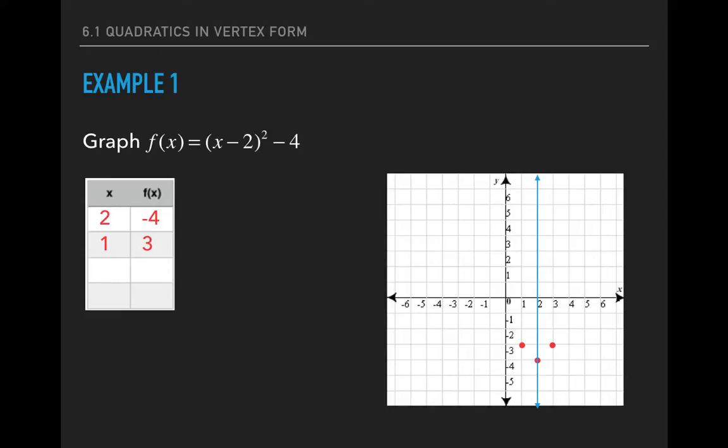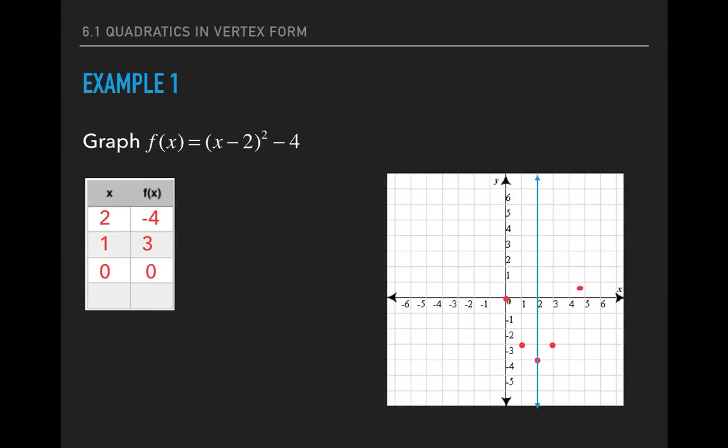All right, my next point I'm going to pick is again on the left side of my axis of symmetry. I'm going to let it be 0. There's no right or wrong values of x to pick here. I'm just trying to pick easy numbers because, well, it's easier to multiply. 0 minus 2, that's going to be -2. -2 squared is 4. 4 minus 4 is 0. So I'll go ahead and I'll plot that point